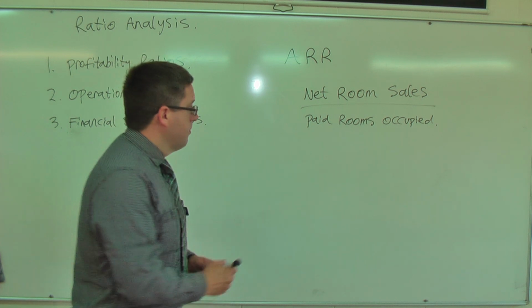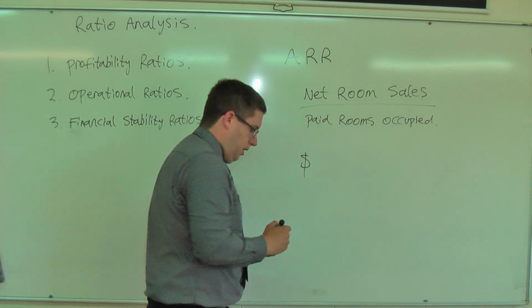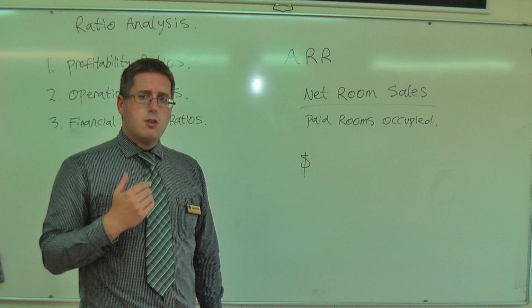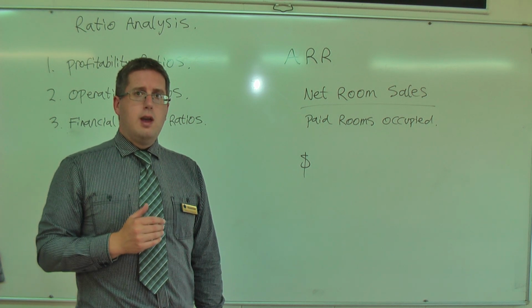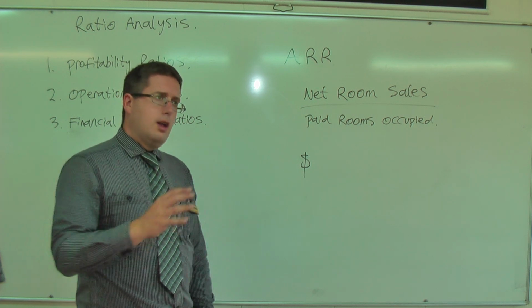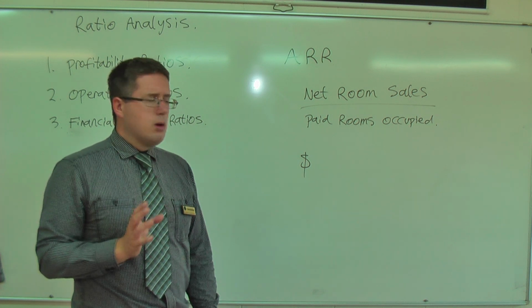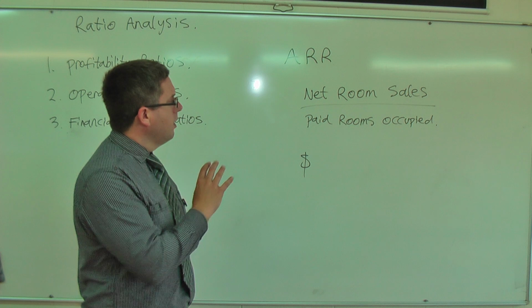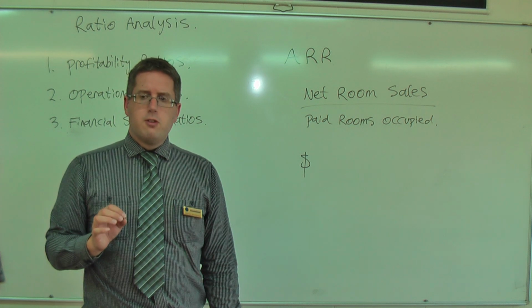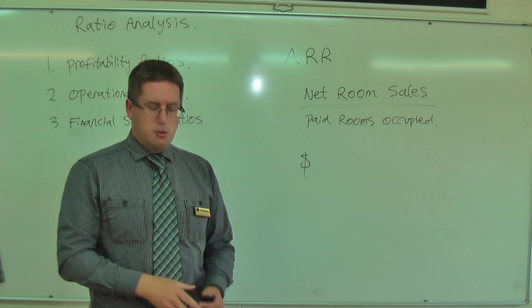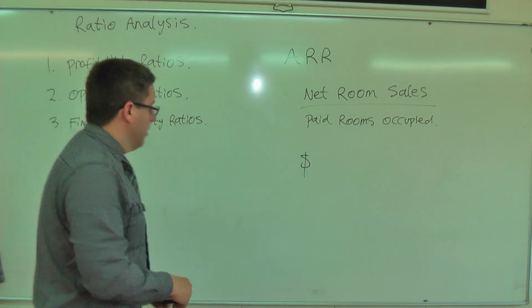This is a dollar figure. Again, the higher the better this is. This is the average amount that a guest is paid for their room. Now, it's not the only ratio that we're going to be looking at. We're going to be looking at another one that's probably slightly more important, but it's a good basis to see, okay, what is the average person spending on our rooms? Okay, the next one